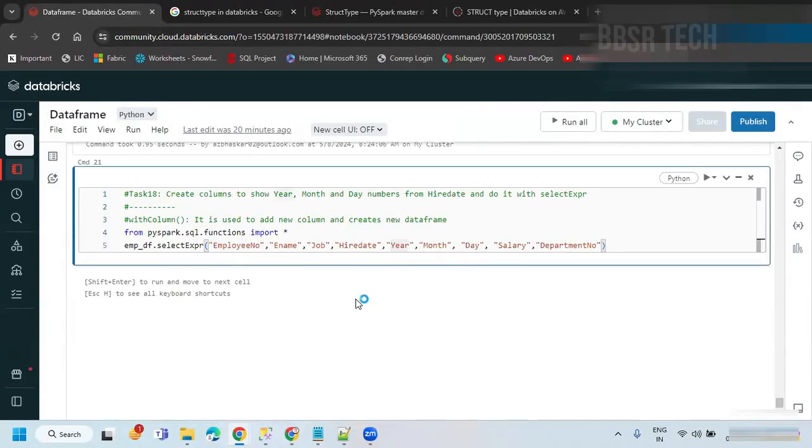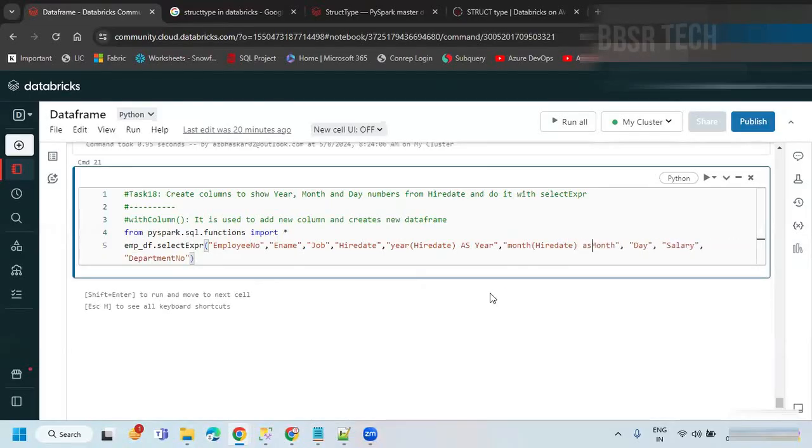In this particular case, I'm just going to say year of hire date as year, and for month also, month of hire date as month. And we can use the SQL standard, day of hire date as day. Now, if we say dot show,